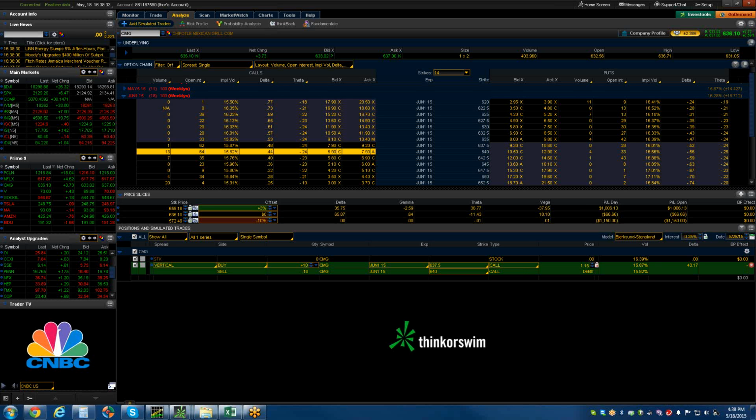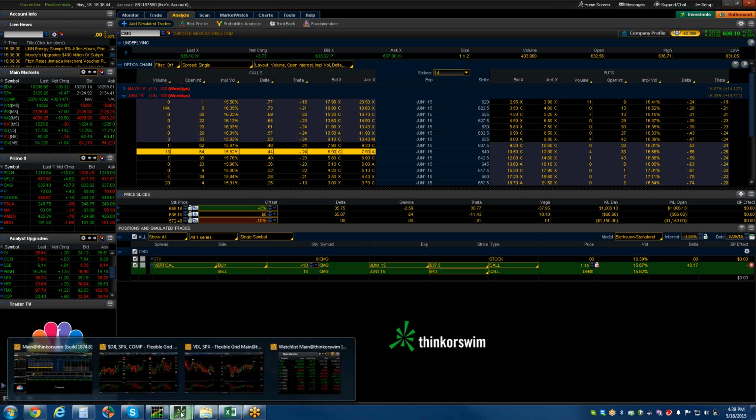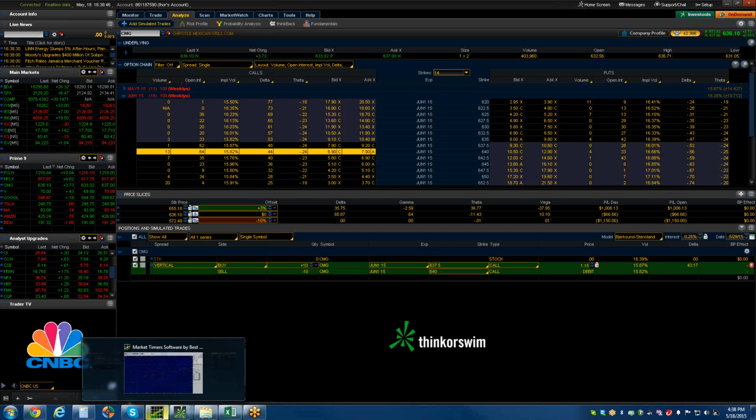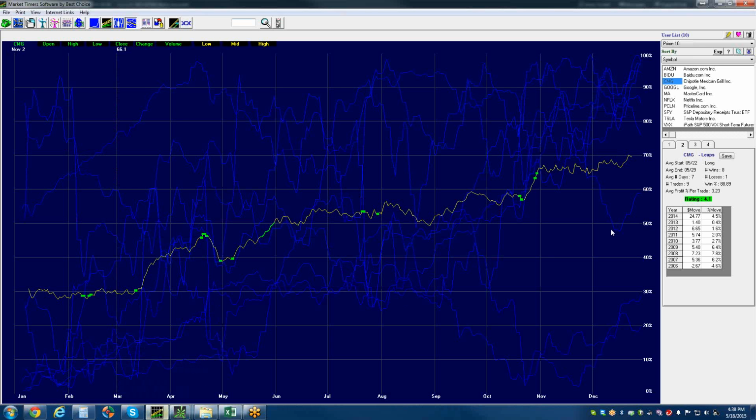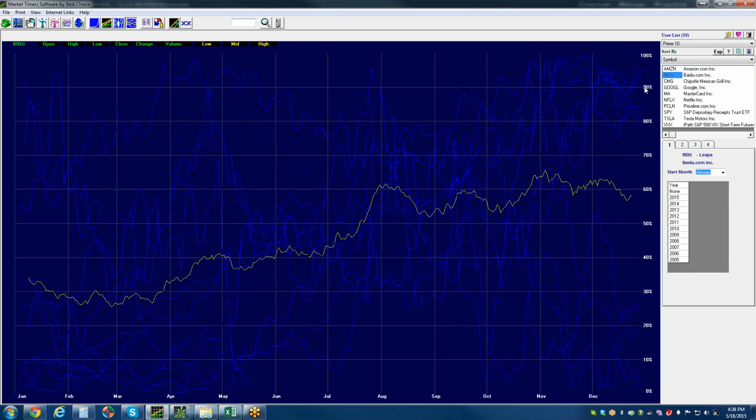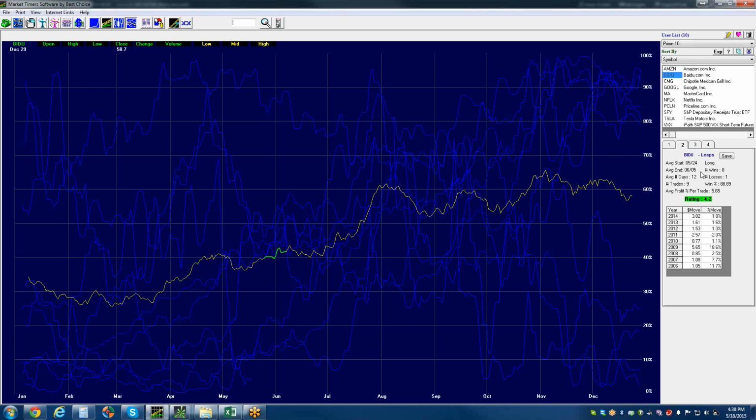Okay, that's CMG, and that's the process I go through in analyzing a trade. It doesn't take that long once you learn to do it. Another breakout I think is happening, I went through my prime stocks, is Baidu. Same historical probability of 8 out of 9. Dates are a little bit different, but still a strong rating, and 8 out of 9 years,